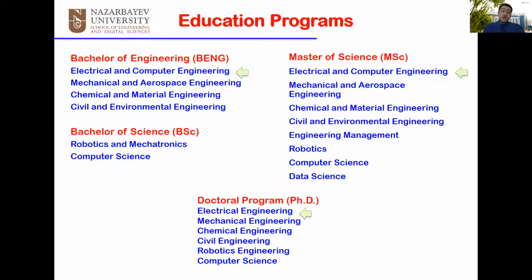So in the doctoral program, we provide electrical engineering rather than electrical and computer engineering. If you look here, for BEng we provide electrical and computer engineering. For MSc, electrical and computer engineering. However, for the doctoral program, we actually provide electrical engineering. Therefore, to conclude this slide, I can say that we will support you from the beginning up to the end